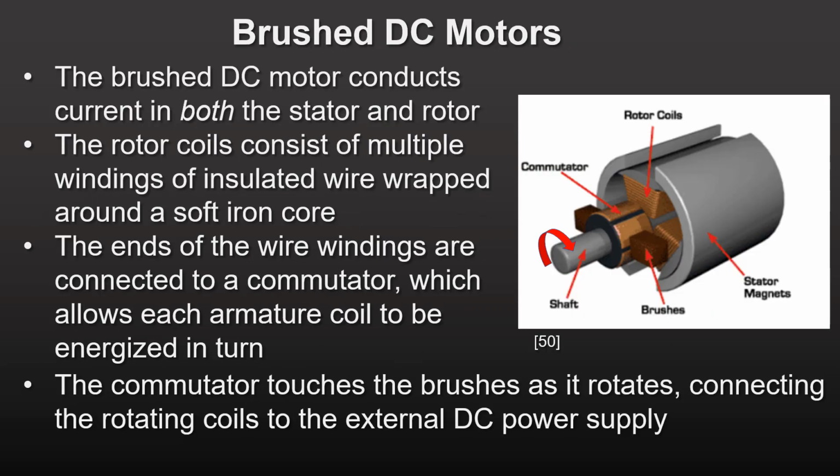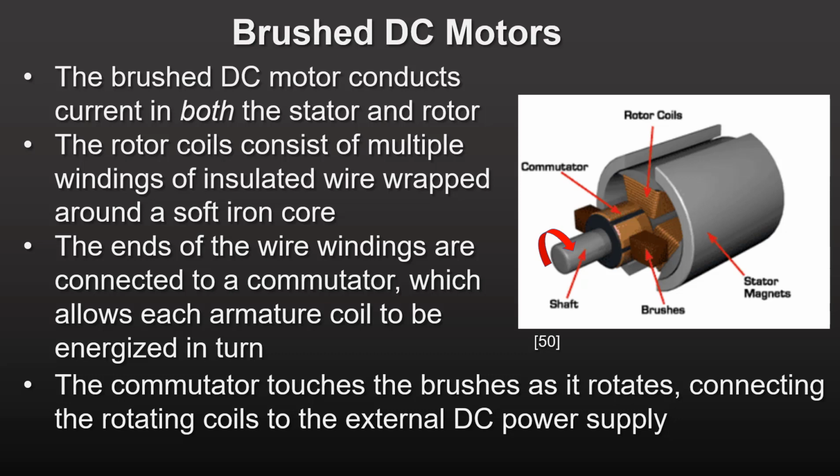In an AC induction motor, current is conducted from an external line voltage only in the stator. The current in the rotor is induced from the rotating magnetic field of the stator. In a DC motor, however, current is conducted from external line voltage to both the stator and rotor. Moreover, the stator in a DC motor is often referred to as the field coil, while the rotor is called the armature. The armature coils consist of multiple windings of insulated wire wrapped around a soft iron core that concentrates